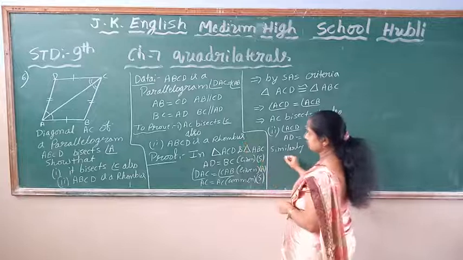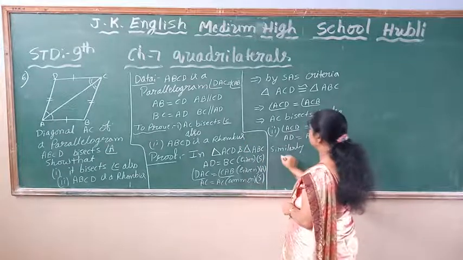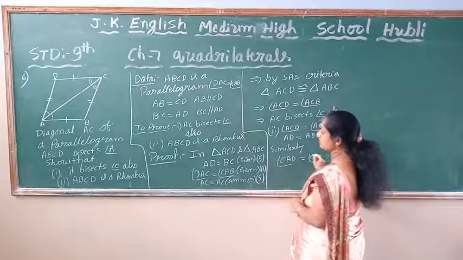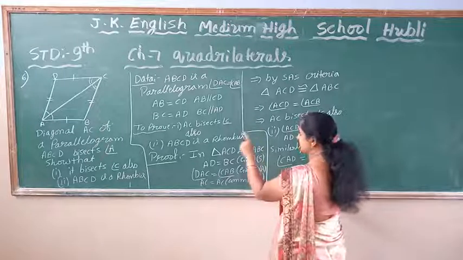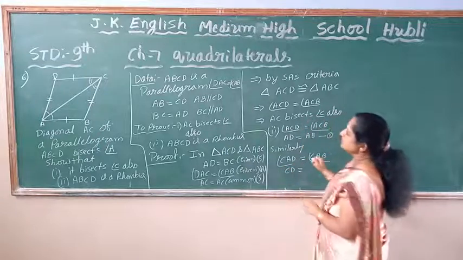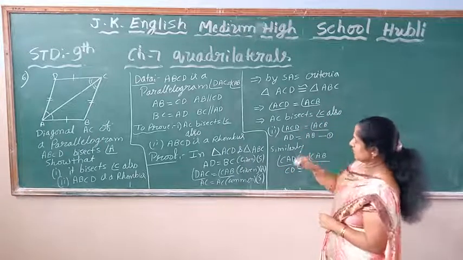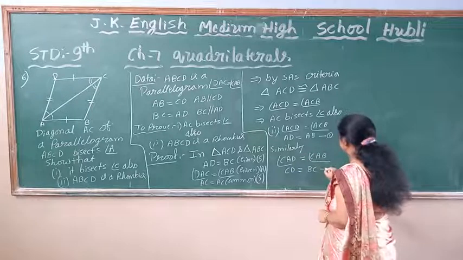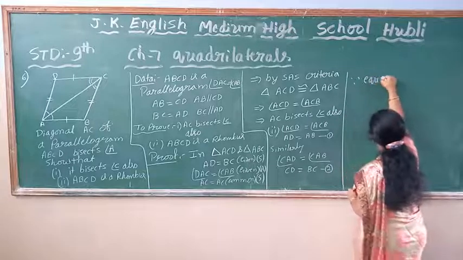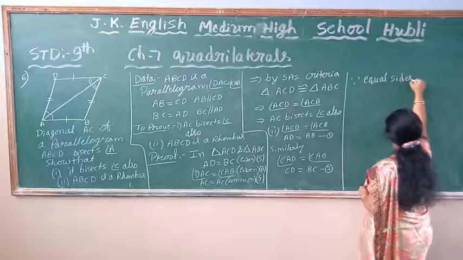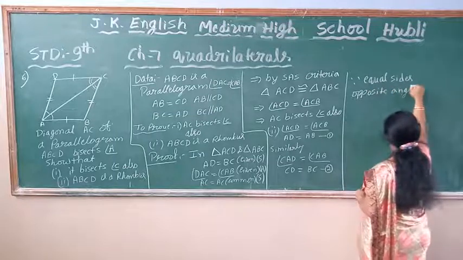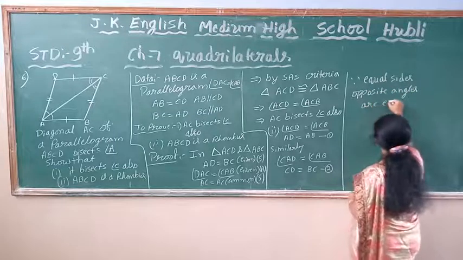Similarly, these triangles are equal. That is angle CAB is equal to angle CAB. Equal angles, opposite sides are equal. Angle CAD, opposite side is CD, is equal to angle CAD, CD. Okay, CD is equal to BC. So this is because equal angles have opposite sides equal. Okay, therefore